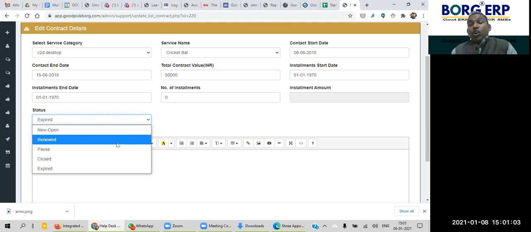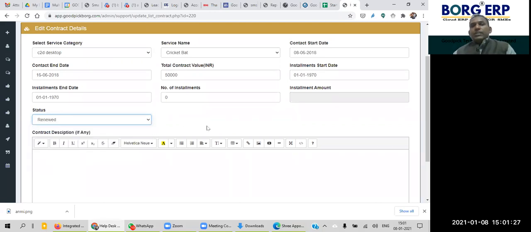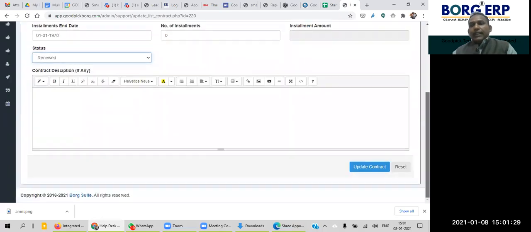They may not have noticed your mail alert, and you may not have had time to interact just before the expiry. The customer's reaction will be, oh, my contract expired. In that case, he will immediately pay the due amount and may renew it. So you can set the renewed status of that particular contract and update it.